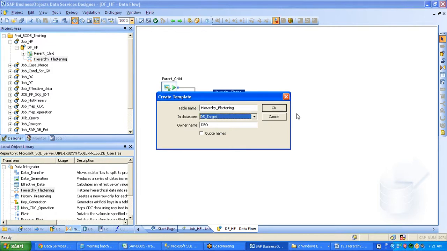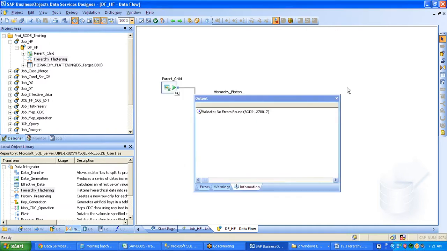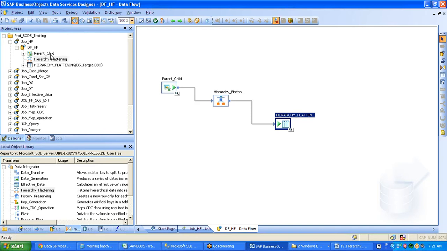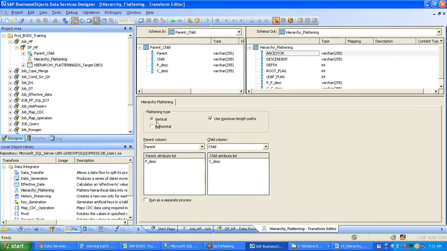I just named it hierarchical flattening because we'll be using the same table for both vertical and horizontal flattening. Okay, so save this. Now validate to see if there are any errors. No errors found. So now remember, we are doing a vertical flattening with